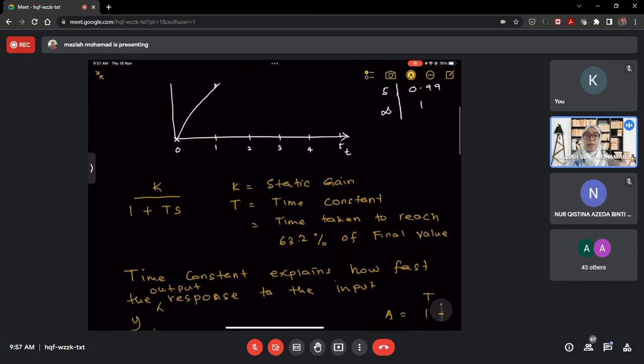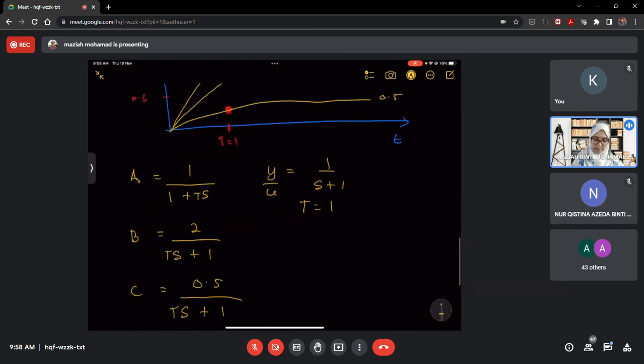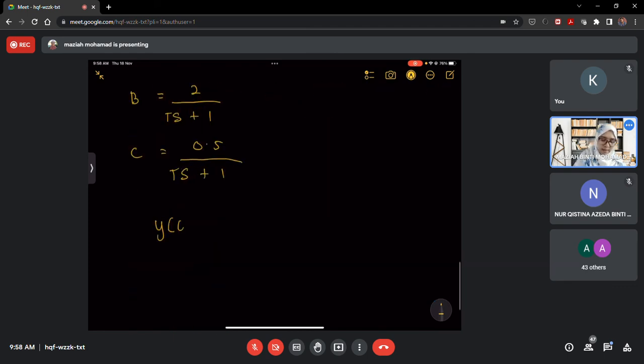I already explained that the time constant explains how fast the system responds, and K explains the steady state behavior. At the steady state region, what is the final value? From there we can determine the error and so on, but that one is for a later part. As for the first part, in general form, for y(t), the general form will be K multiplied with 1 minus exponent negative